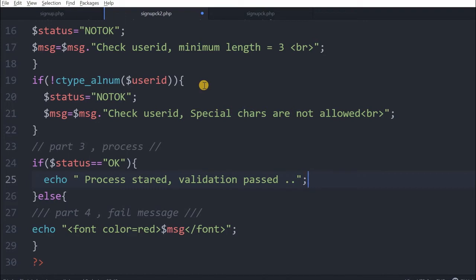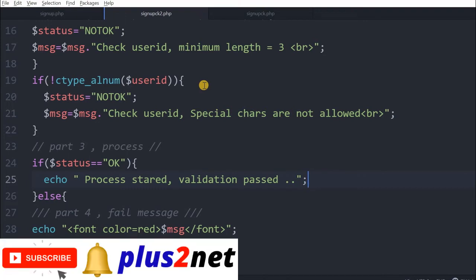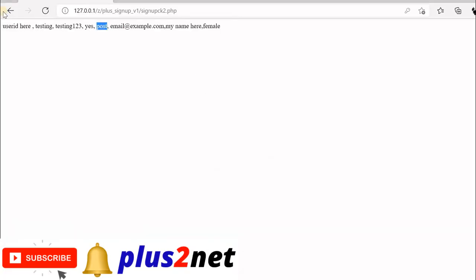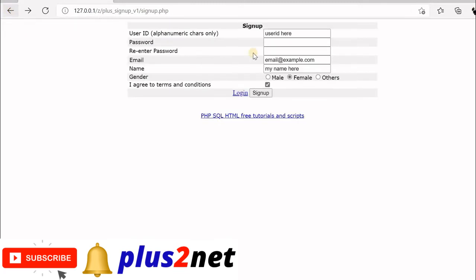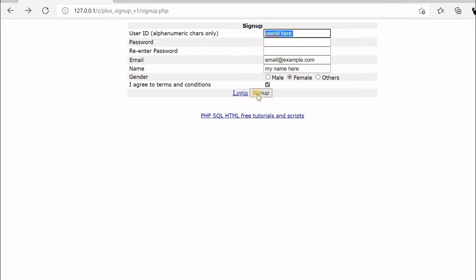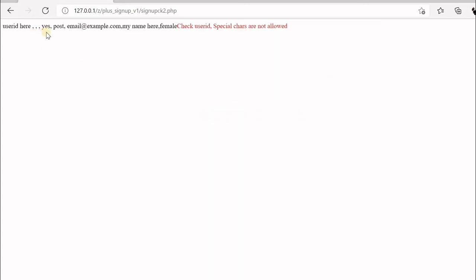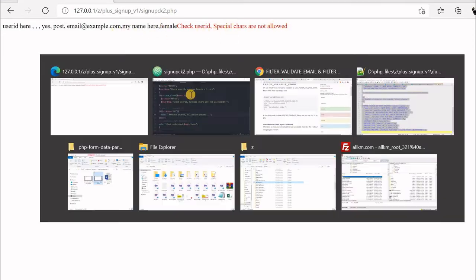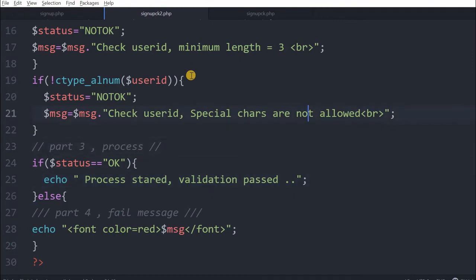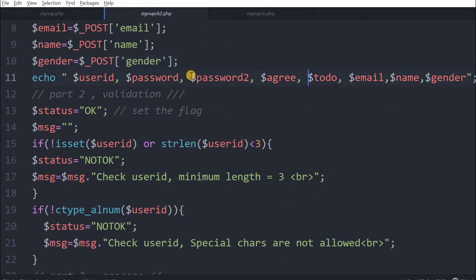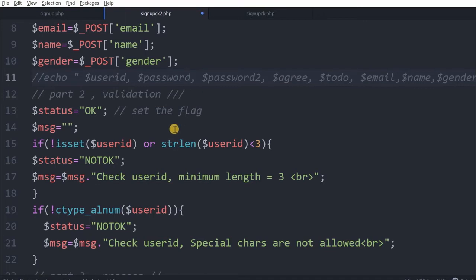Let's see how our code works. Save this. Let's go here. Okay, this is where we left. Now let's remove. Okay, we can go here also. User ID part, there is a space, we have kept it. Let's see what happens. Okay, all those we have to check. User ID special chars not allowed, that is there, but these things are coming because we have not commented that line, whatever we have tested just before. See this line, we'll comment this line, we don't want this line to be there.